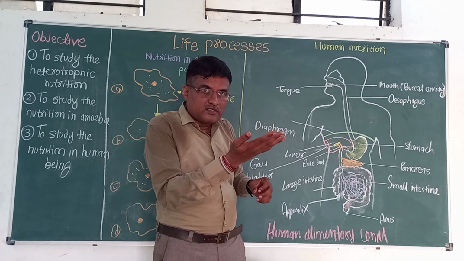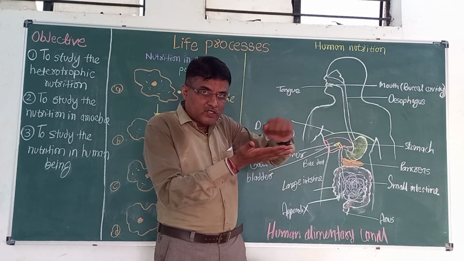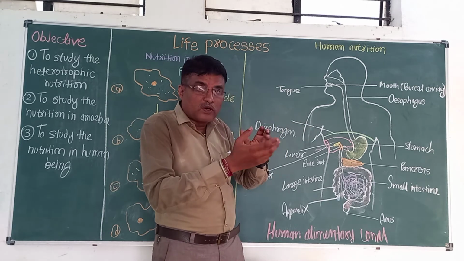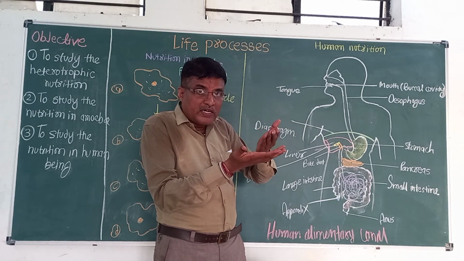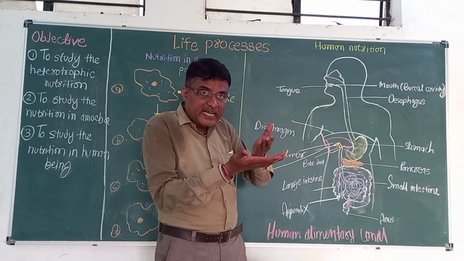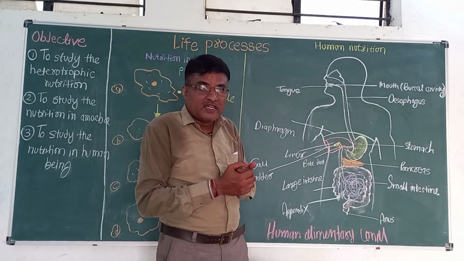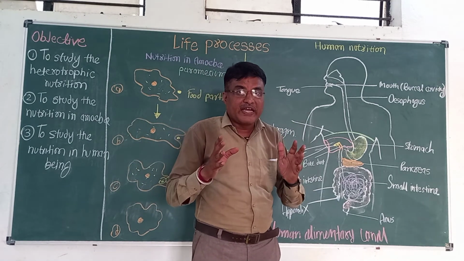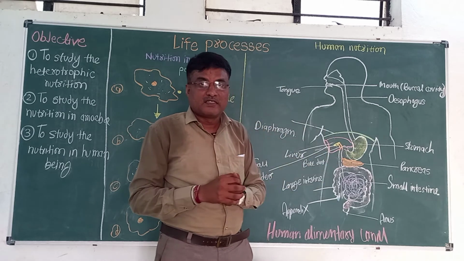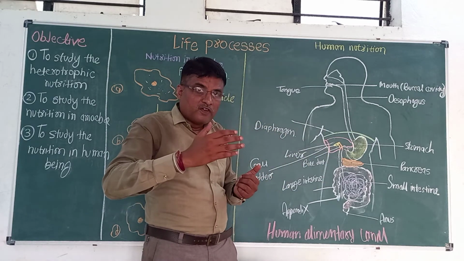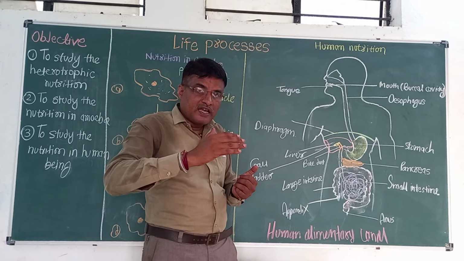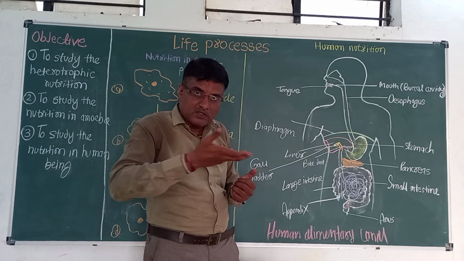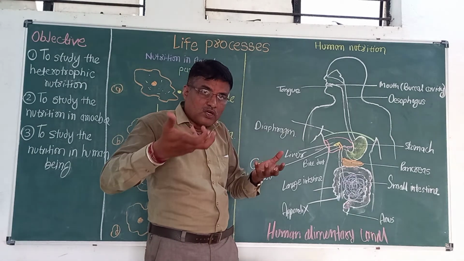Just like a washing brush, a cloth washing brush, that has bristles. In the same way, under the microscope, on this inner wall of the small intestine, we can see the bristles that are called what? Villi. That creates a large surface for the absorption of the food. And these villi are connected to blood vessels. The food from small intestine is absorbed by villi and then absorbed by blood vessels through the villi. Villi are connected to blood vessels.